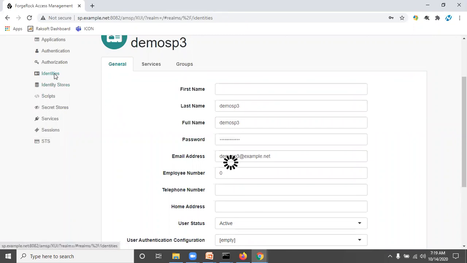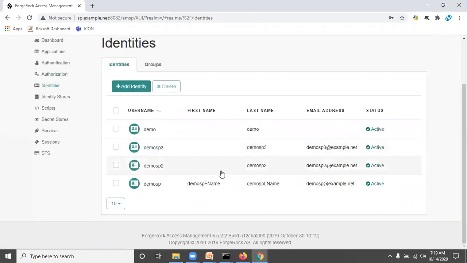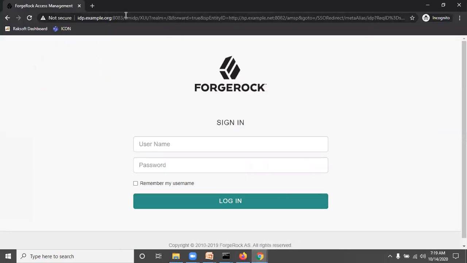So here also we have demo SP3. So now go to our previous window. I will show how to execute that authentication module. I will show you once again.